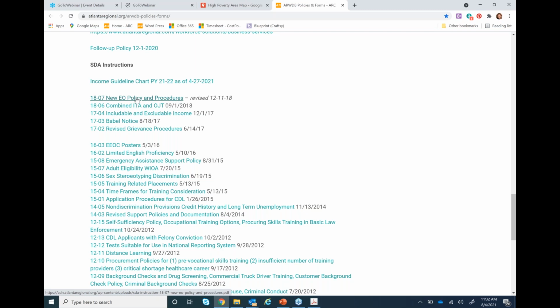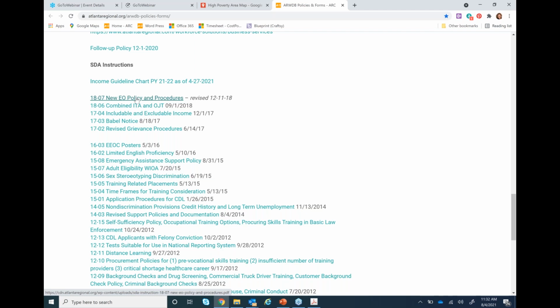And this is a good place to go to look for it, because the adult dislocated worker program is who puts together the equal opportunity policy, and Phyllis is the one that you would contact if you wanted to complain or go through the procedures. So this site is good for any updated policies like that.